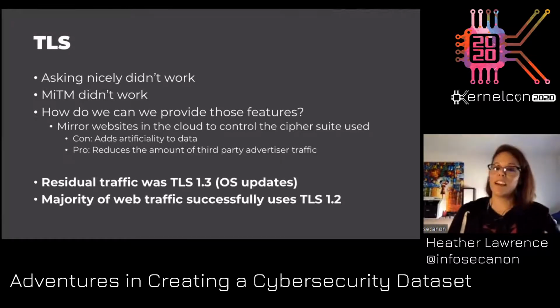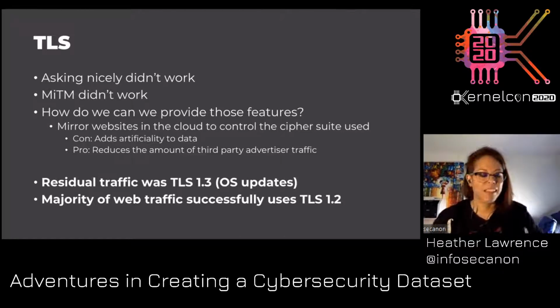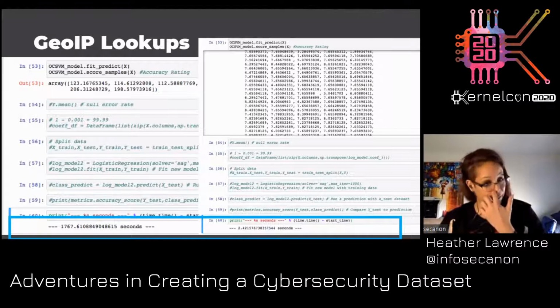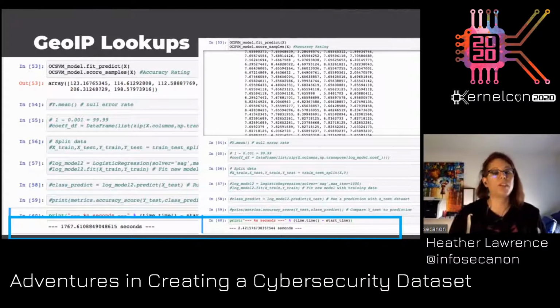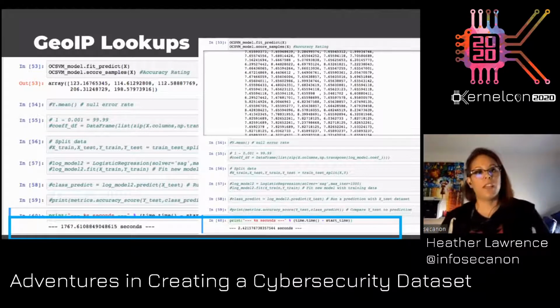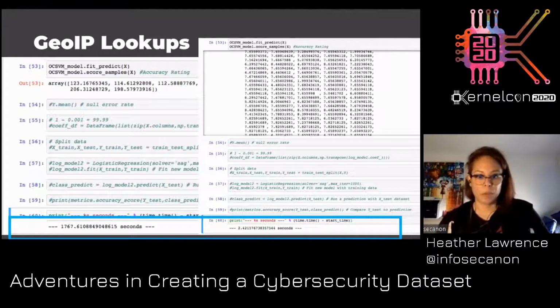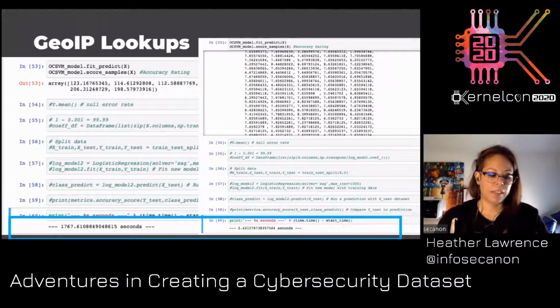So there was a lot of feature engineering that went into this network data. And then for the geo IP lookups that I was mentioning before, here you see that there's only a couple in the array on the left, and it's taking 1700 seconds to go through and try to do a one class SVM. And then on the right, after we multi-thread, it's down to almost 2.5 with a lot more numbers. My suggestion to you is if you decide to do geo IP lookups in the future, that yes, you're going to need threading, and Jupyter notebooks are slow.